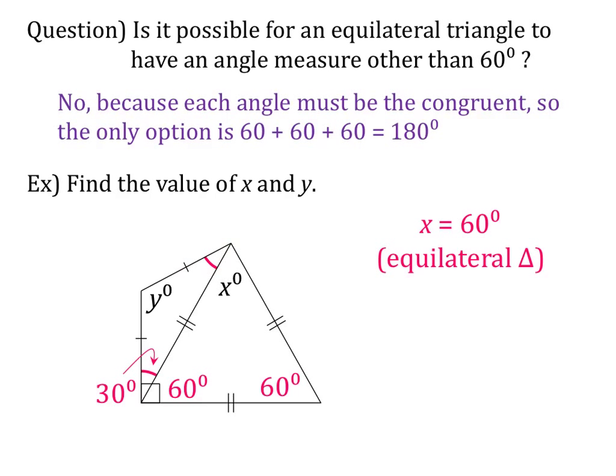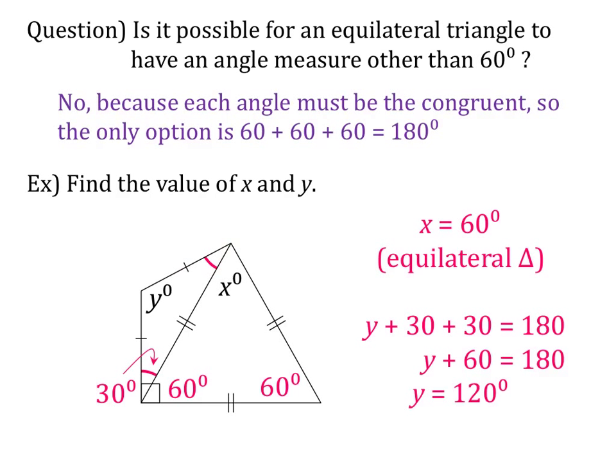Now to find y, we should recall that each triangle has 180 degrees inside of it. So I could write the equation y plus 30 plus 30 equals 180, and then solve for y. First I'm going to combine my like terms, so y plus 60 equals 180. And then when I subtract 60 from both sides, I find that y is equal to